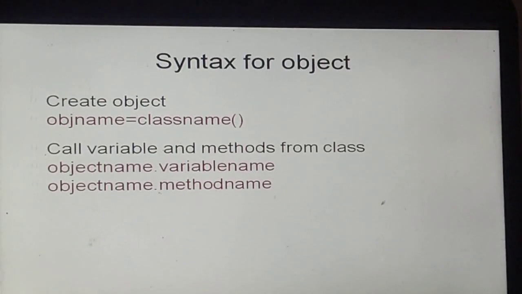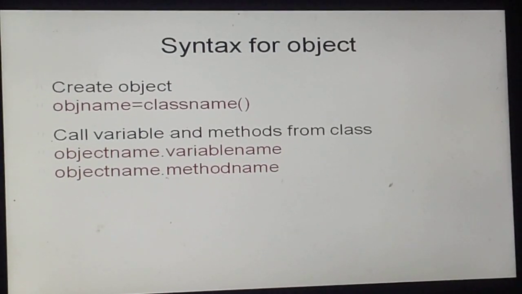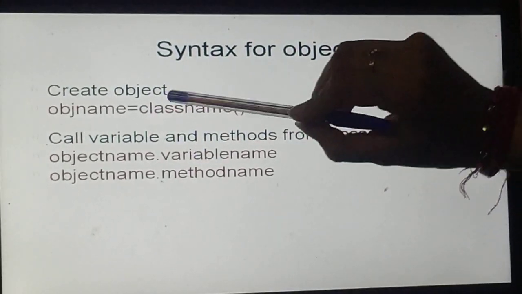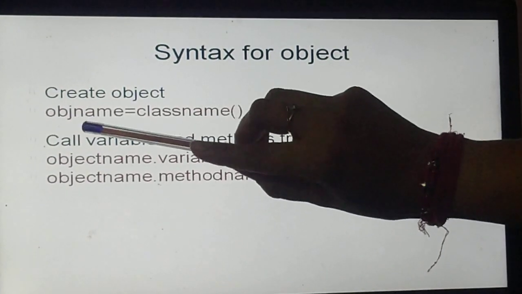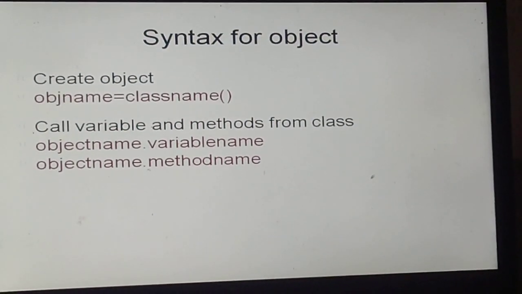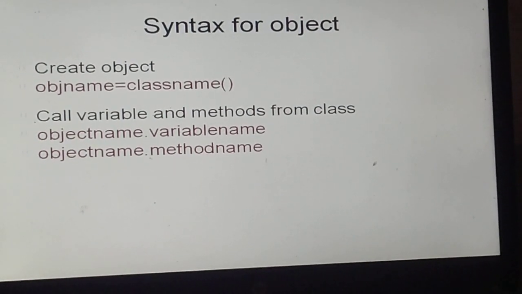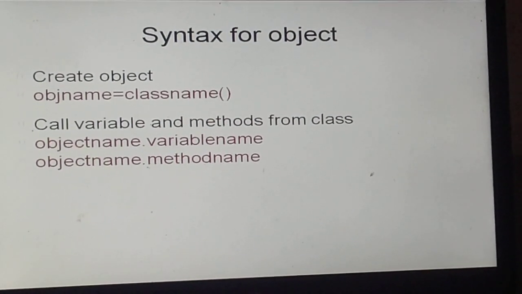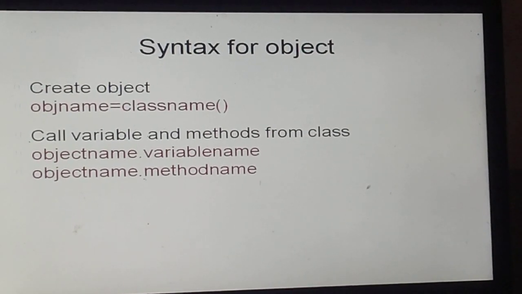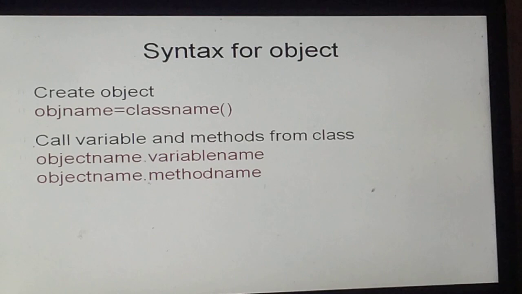So whenever you want to access the variables and methods defined inside the class, you use the object name and the dot operator. This is how we create an object of the class. To create an object, we write the object name corresponding with the class name, and to call the variables and methods of that class we use the dot operator. Creating an object or instance of a class is known as class instantiation. Python does not require any operator to create an object. Simply you write the object name and class name, and that is how you create the object.